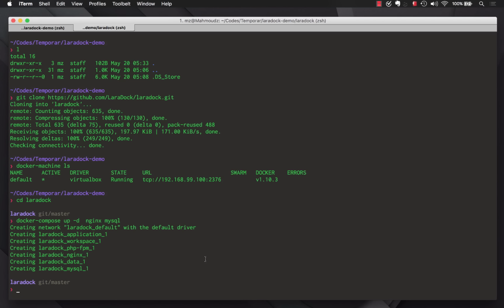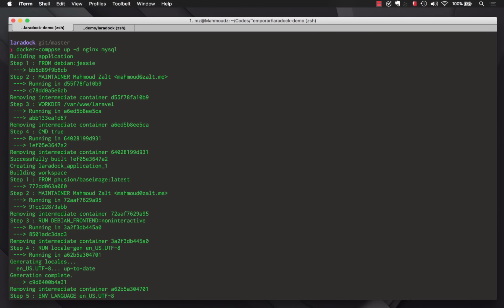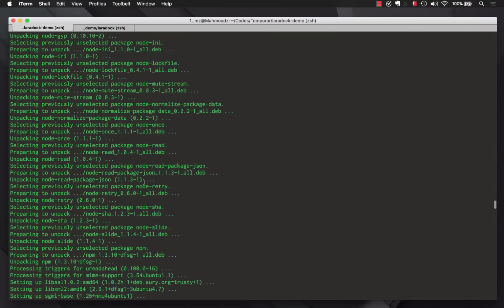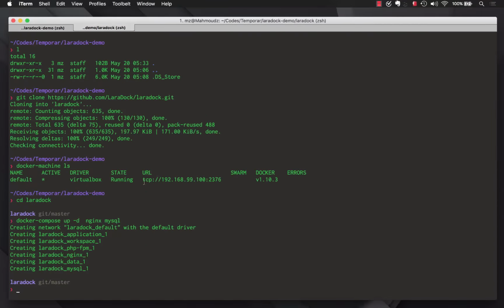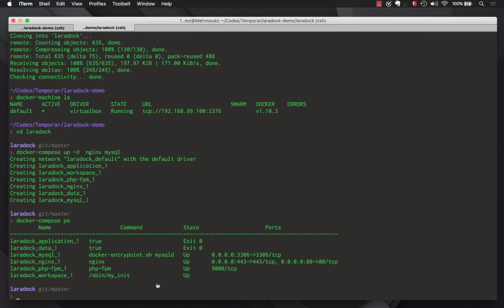However, on your machine you will see different results, especially if you run this command for the first time, because Docker will have to provision these containers and prepare them for you. So the script will look just like this. I ran this before this video and it took about 5 minutes to finish, depending on your connection speed. So to speed up the process, I ran it before, and now let's type docker compose ps, so that Docker